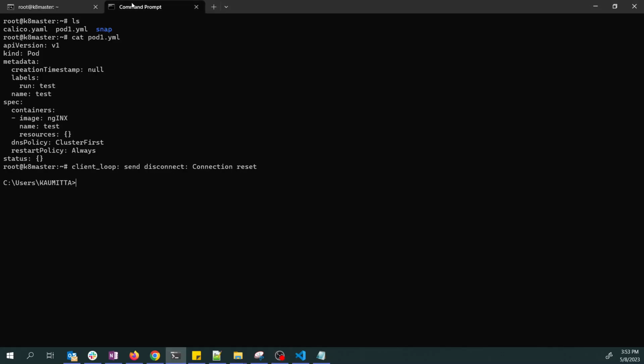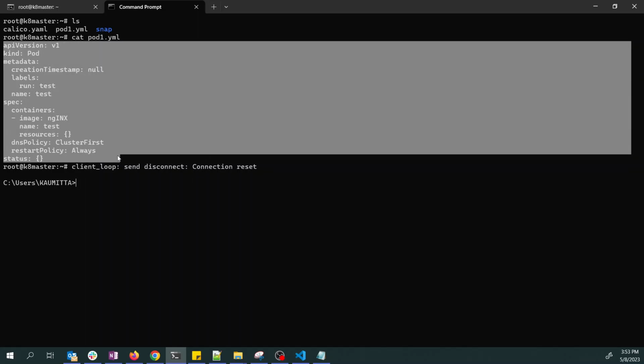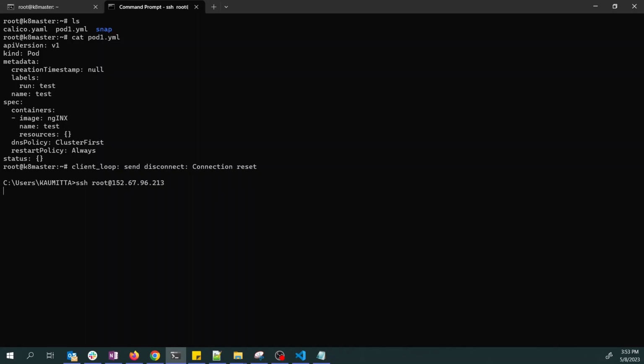I'm on the master node. If I open up the YAML file which I saved previously, we want to understand why this YAML file is written in this particular sequence. And if I just show you the other one,